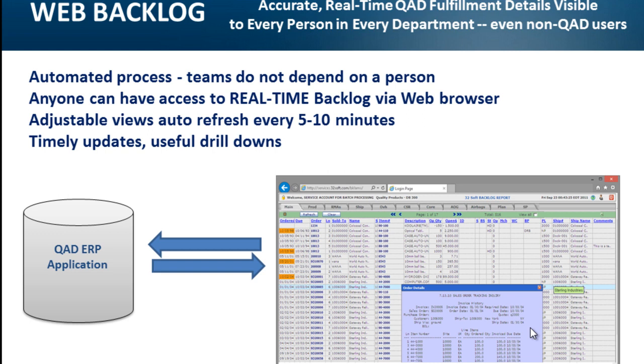With the web backlog, this process is automated, so teams do not depend on one person to get the backlog information or backlog reports every day. So they can just log into online and then get the information they need, right? And it's real time, so it's not like in the previous situation where